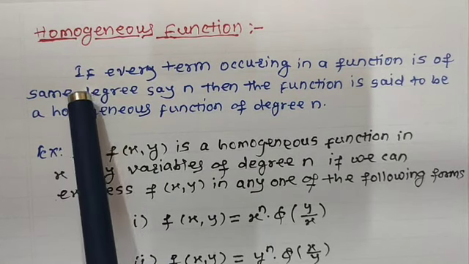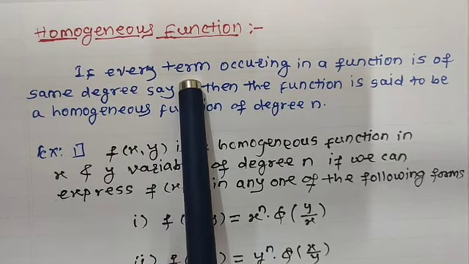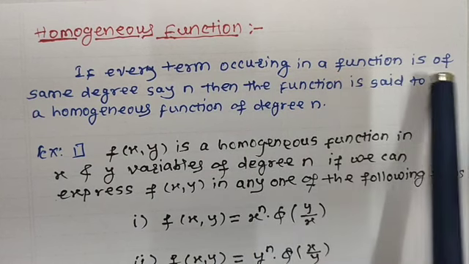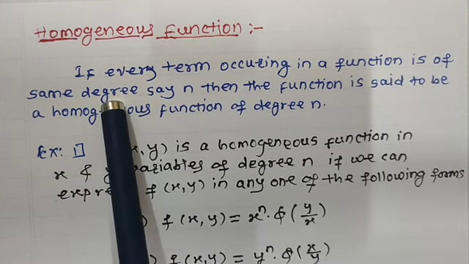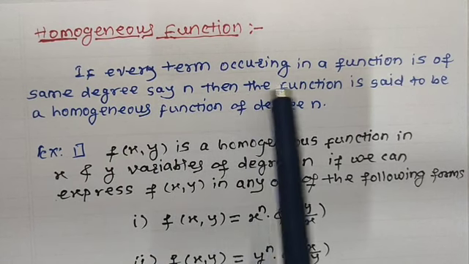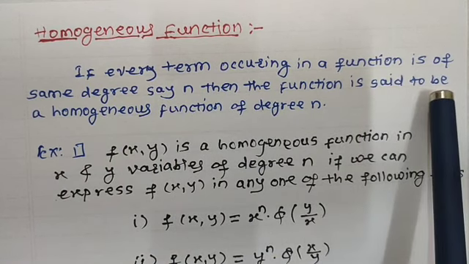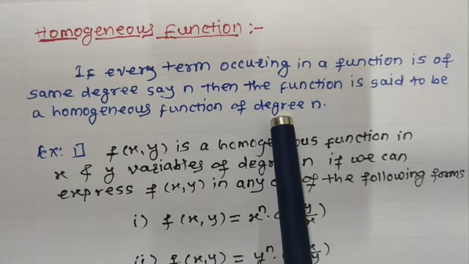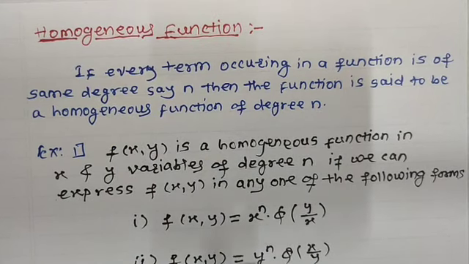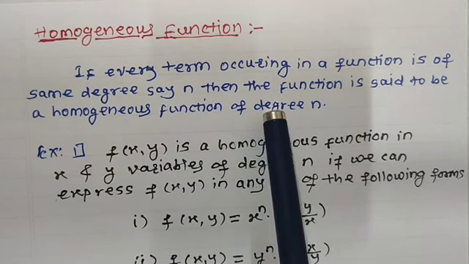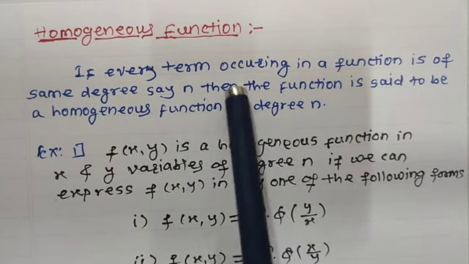Definition of homogeneous function is here. If every term occurring in a function is of same degree, say n, then the function is said to be a homogeneous function of degree n. Means suppose function is given and degree of each term is same. Okay, degree of each term in that function is same. Then that function is said to be homogeneous function, and degree of each term, that will be degree of this